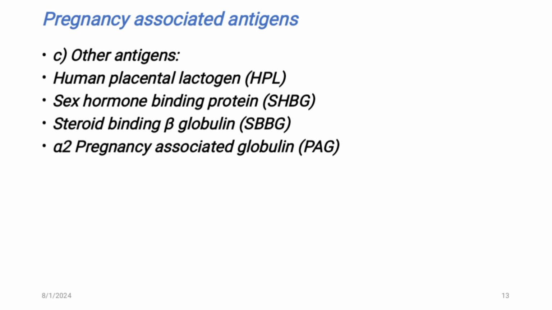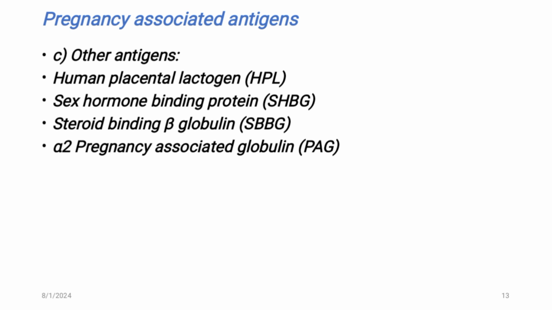The next is the pregnancy associated antigen. We have discussed the pregnancy associated antigens: the placenta-like alkaline phosphatase, and the first was the beta HCG, that was the most important. The third type, among the other antigens, is the human placental lactogen, that is also a placental antigen secreted from the placenta, and it is helpful in detecting the type of cancer during the pregnancy, maybe in the placenta, maybe in the female, or in the baby of